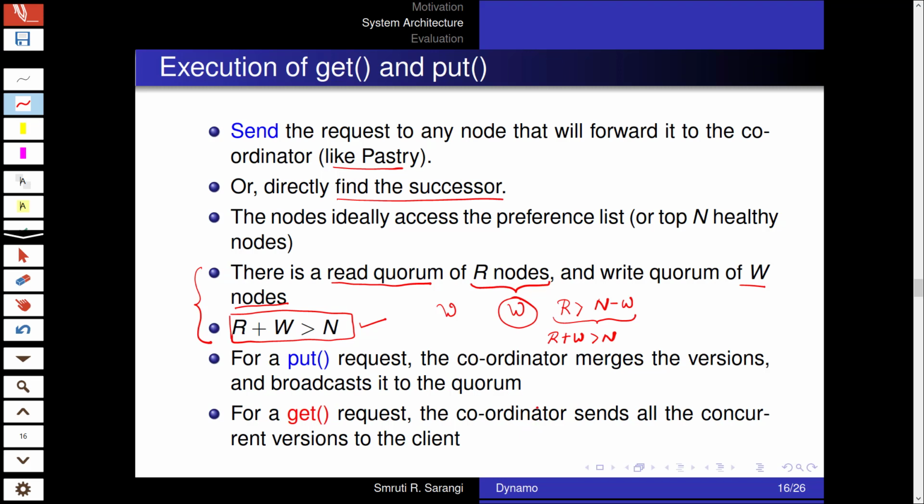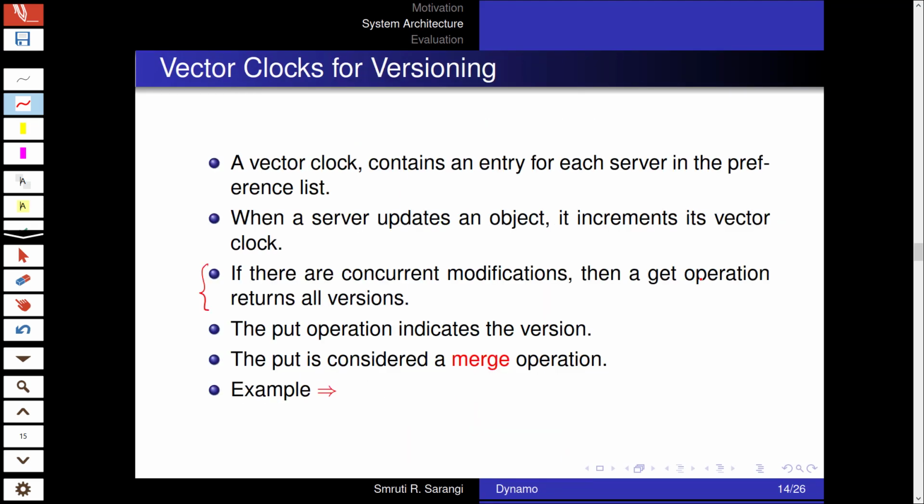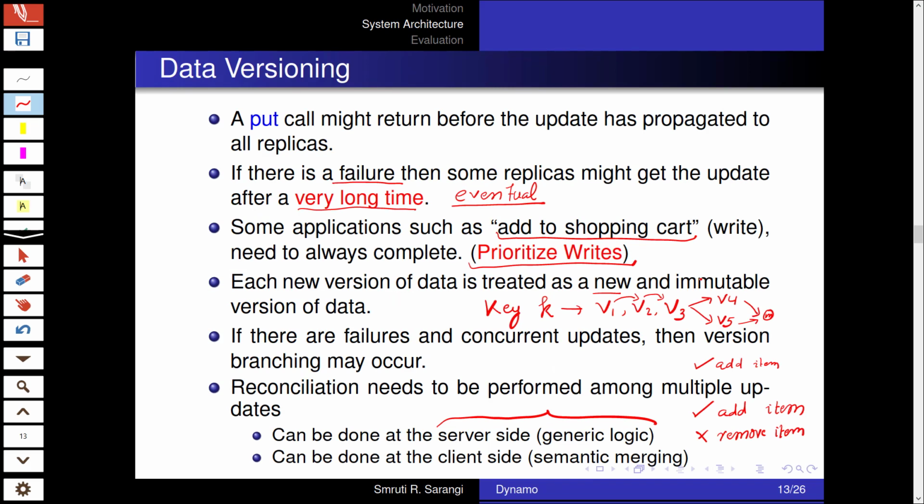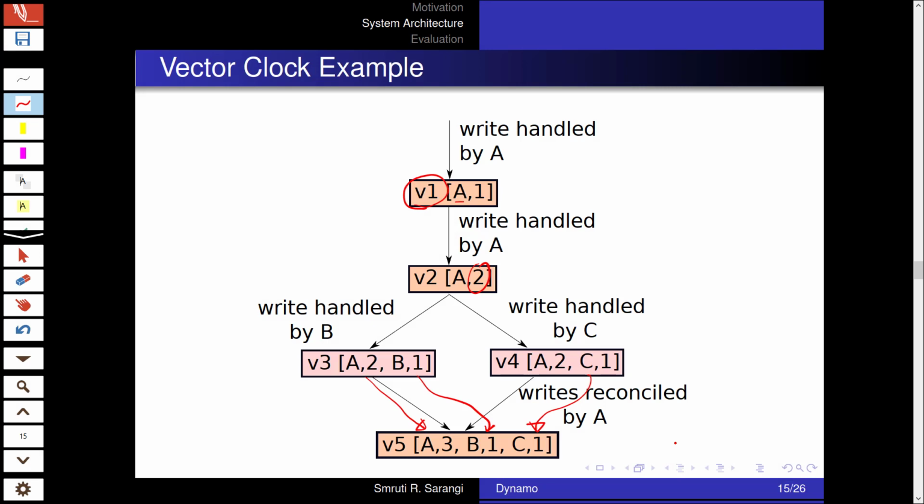So let me come back to the example that I had in the previous slide. It's kind of a tricky example, so a little bit of re-explanation might be necessary. One of the examples that I had was this add and remove item thing, which I would like to use some of the free space over here to give a quick clarification, so to speak.